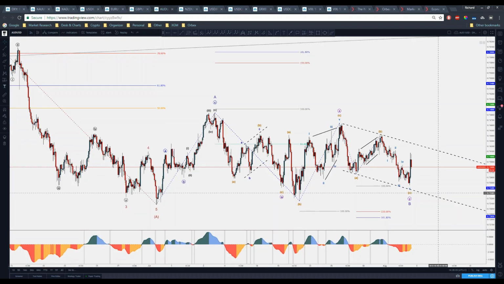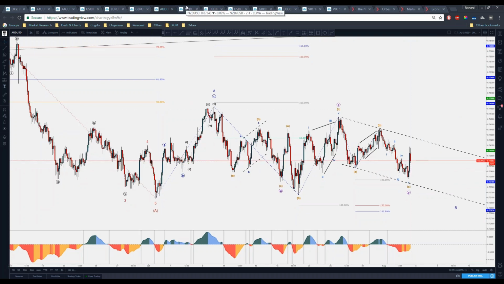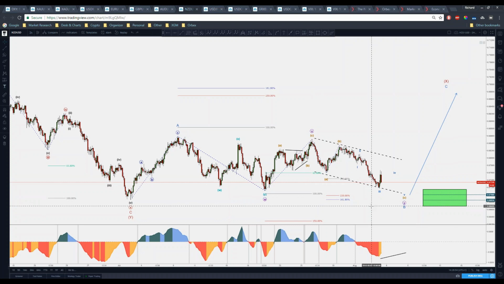Aussie, honestly, I would be satisfied with this because this is a B wave, so it can actually go beyond the start of A, no problem, right? But 0.73, I would be taking a close look at that level on Aussie dollar. So again, 0.73. New Zealand, something like 0.66850. I mean, the previous low should be tagged in a wave B.